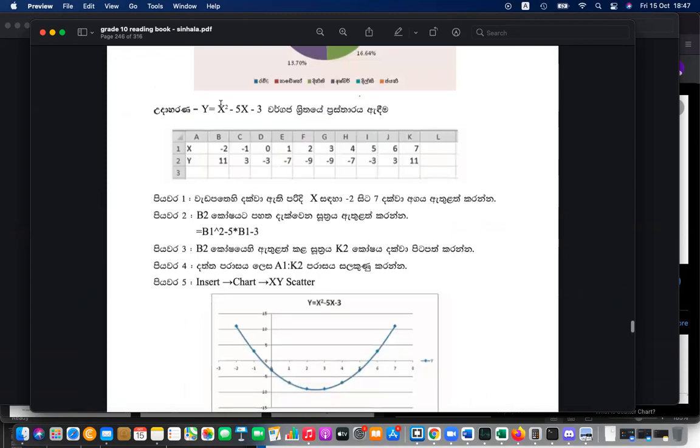Here, x squared, x වර්ගය ඍණ 5x ඍණ 3. So if x is minus 2, x squared is minus 2 into minus 2, which is 4. Then minus 5 into minus 2 is minus 10, sorry, minus 5 into minus 2 is plus 10.